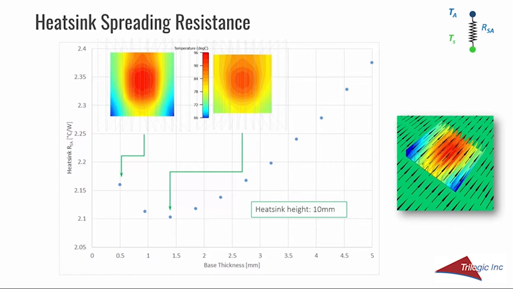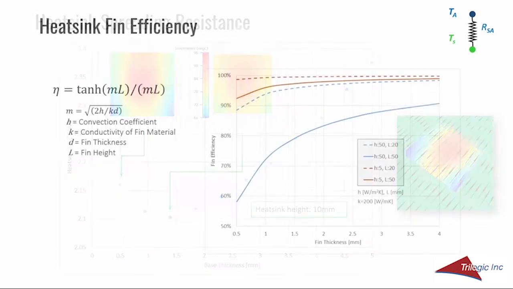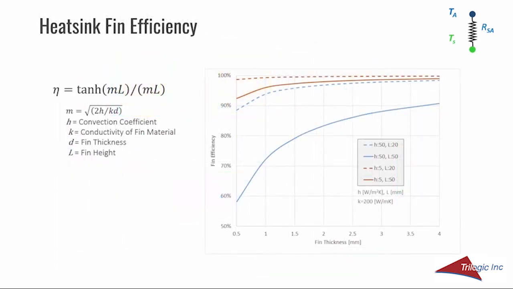Both plots are shown on the same temperature scale, so adding 1 millimeter to the heatsink base thickness resulted in a much smaller temperature gradient in the heatsink base and resulted in a better heatsink thermal performance. As the heat conducts into the fin, there is also inefficiency loss due to the temperature gradient, which is known